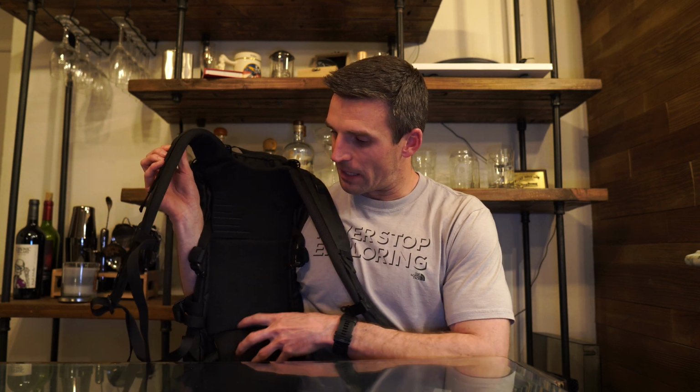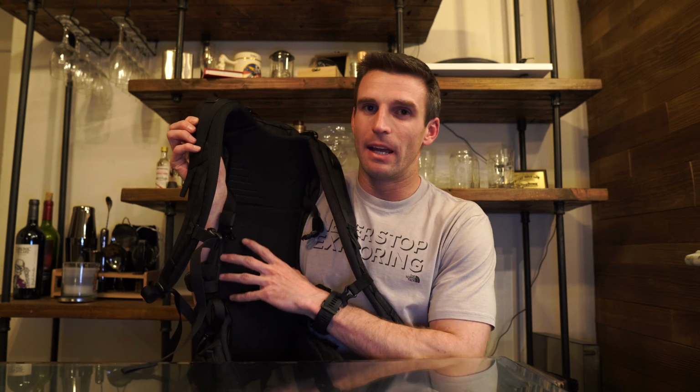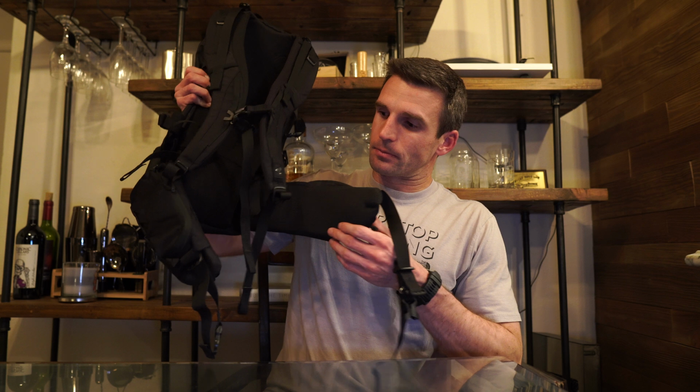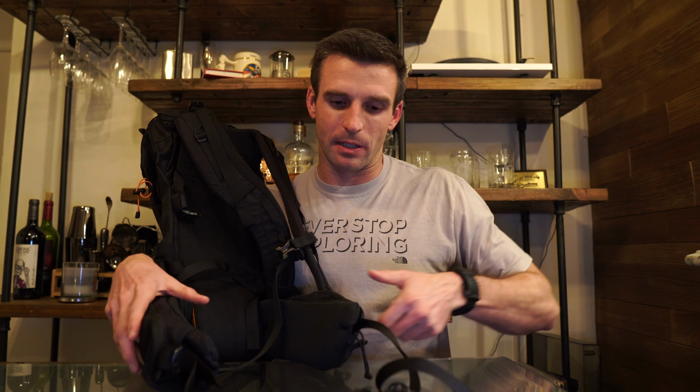So there's very good padding on the back, especially in the lower lumbar region of this pack. And behind this padding is a plastic frame and a Velcro attachment in the middle that you can slide up and down to fit your exact size and needs. And that's something that Mystery Ranch does really well in all their packs. They strive to be able to fit just about anybody, so they have women's and men's versions of most of their line, and most of them do come with this adjustable harness to make sure that it can fit your sizes. So going down to the hip belt, this is also interesting because